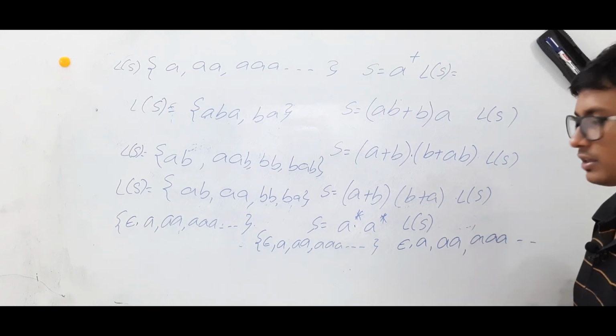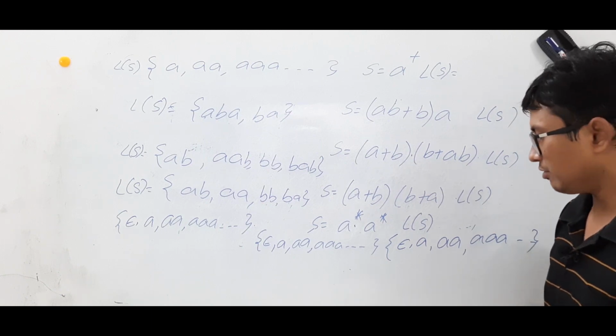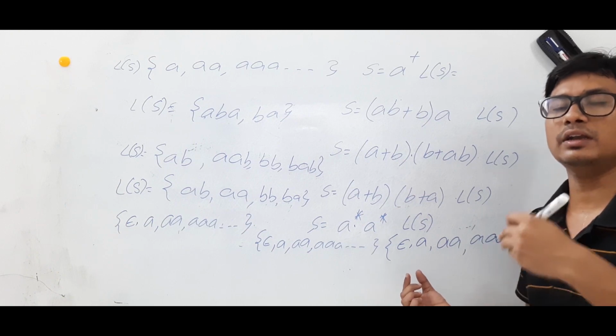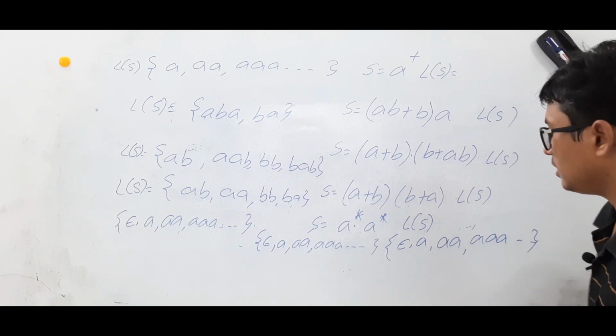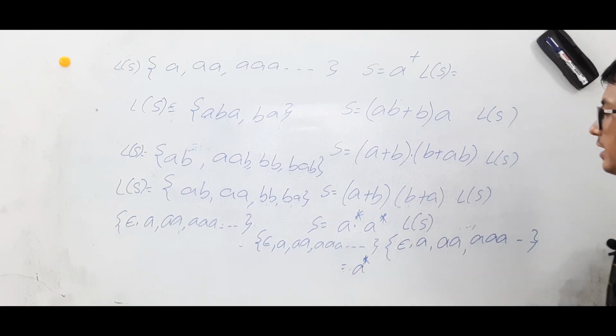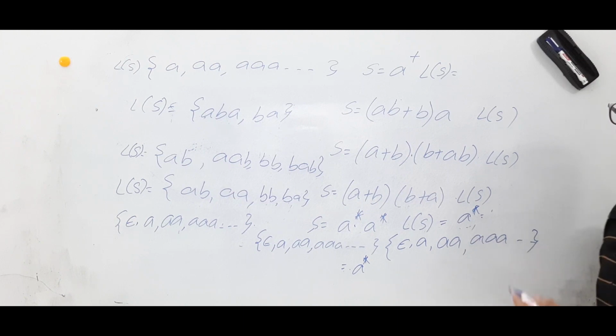So it is already there in this one. Can you tell me what language it will generate? It will generate all the strings whose length is 0, length 1, length 2, and so on, everything will be there. So can I write it simply like that? A star closure. Yes, I can write it as A star closure, which generates all the strings of